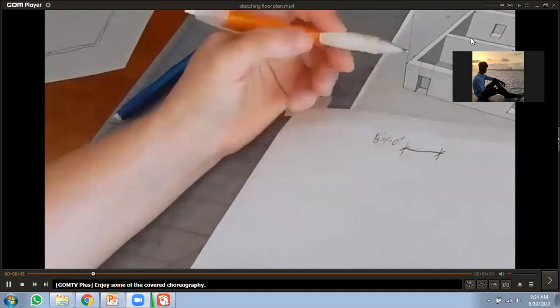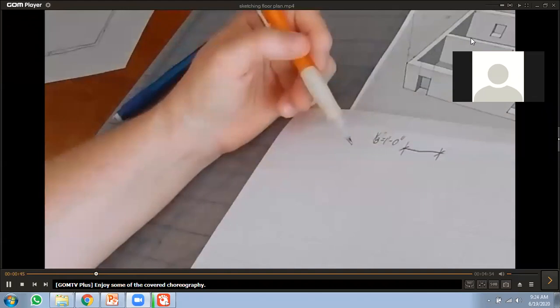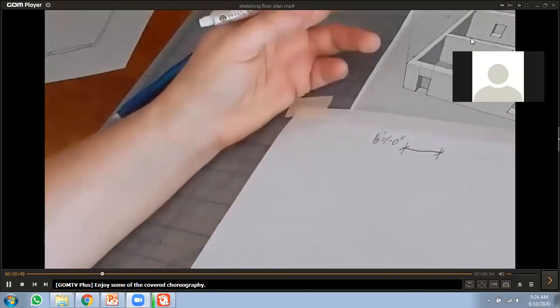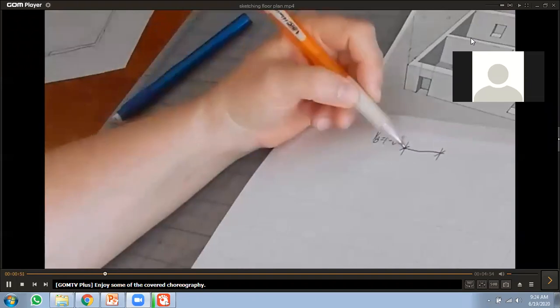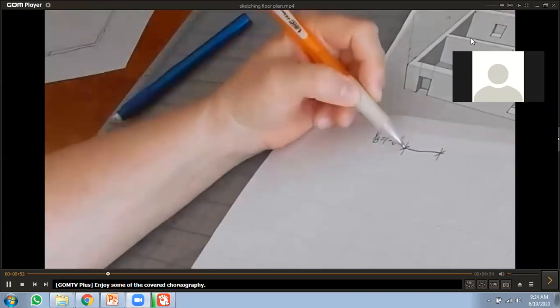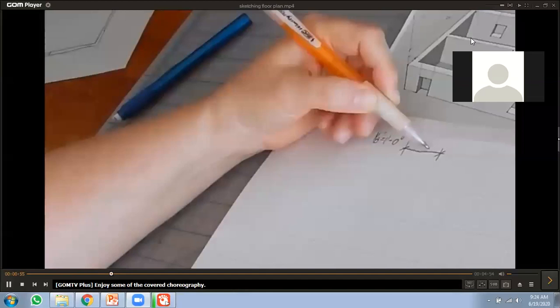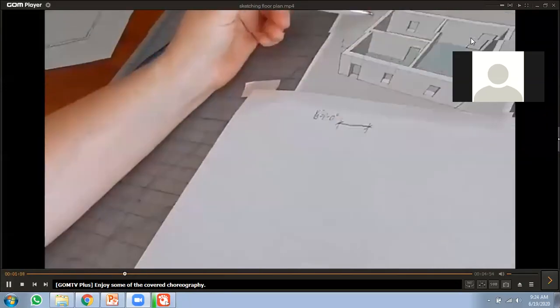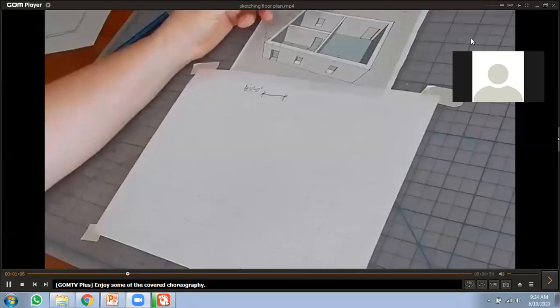So this is 1/8 inch equals a foot scale. I could also use it as a 1/4 inch scale if I count 2 blocks as a foot. 1, 2, 3, 4. However, both a 1/8 and a 1/4 inch scale are too large for this building, which is 25 feet by 40 feet.